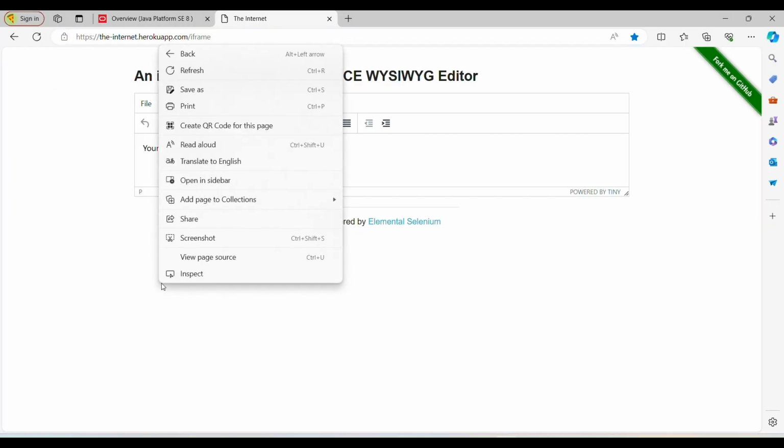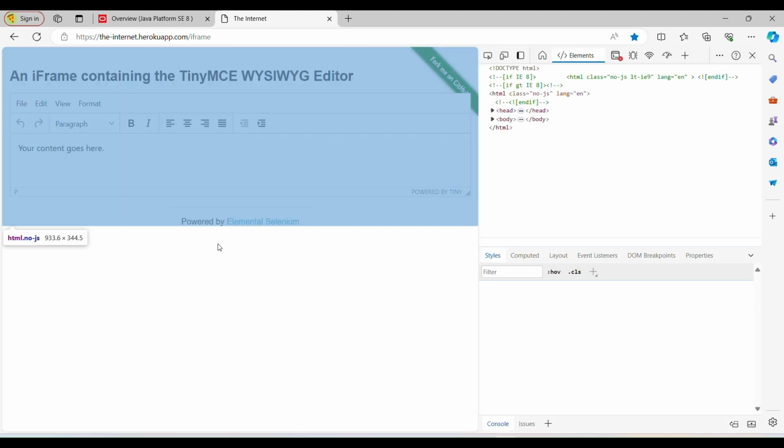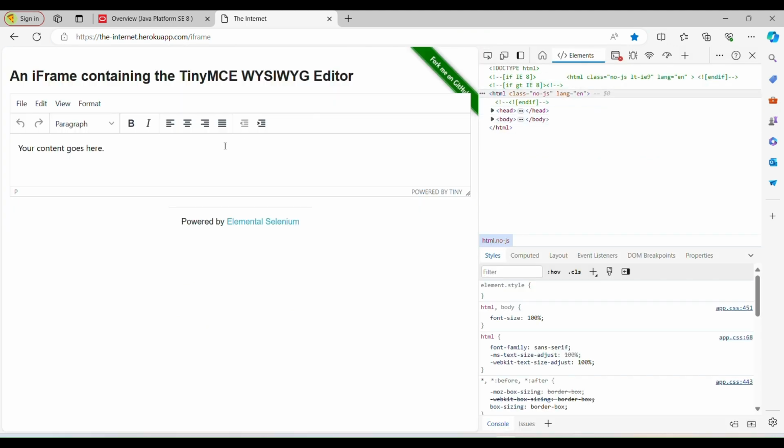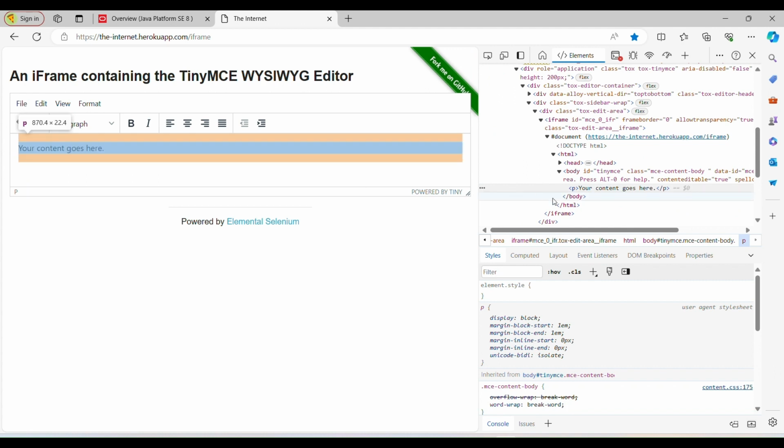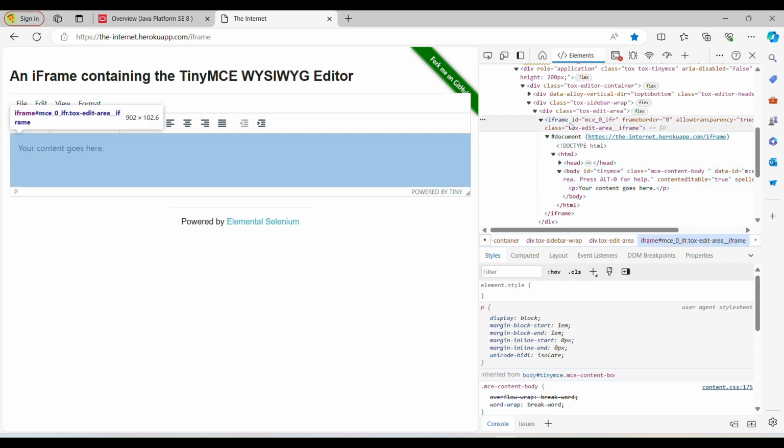So simply inspect this page and see. I want to enter an input value here. I want to enter my name inside this. So just select this box. Once you select this box, you will see this input, this paragraph is coming under this body, and under this body this value is coming inside this iframe, right?